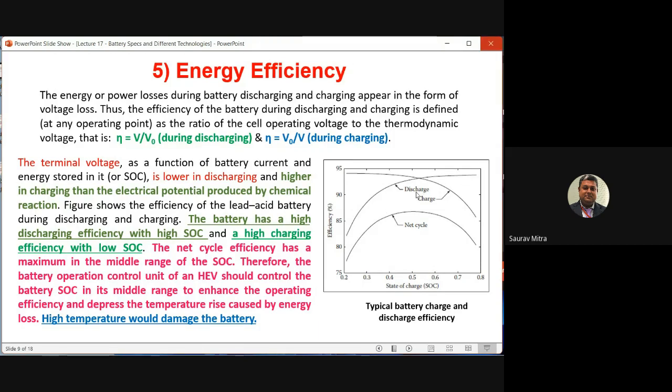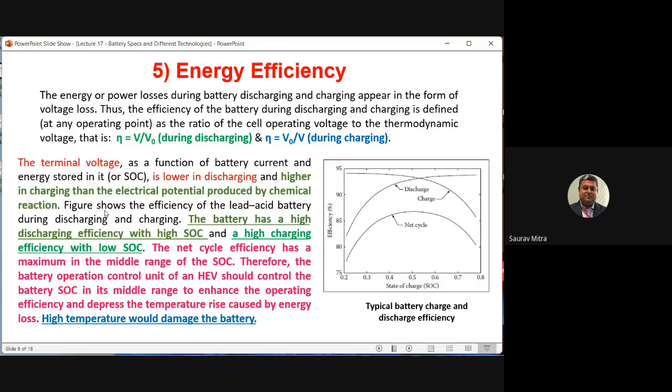So this way also you can remember. The more you are pushing charge inside the battery, that is SOC is 0.3, 0.4, 0.5. SOC means state of charge. So state of charge is 0.5 means it is 50% charged. In that case, you can discharge also better. But at greater than 0.5, greater than 50% SOC, you are finding that the battery efficiency is increasing, but it is getting saturated. And the reverse is charging. So you are finding that it is lower in discharging and higher in charging.